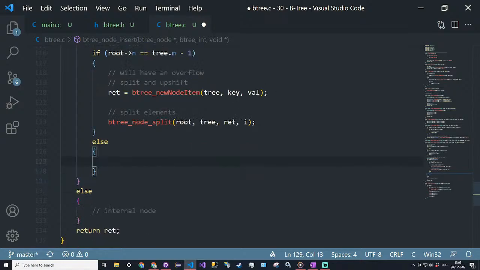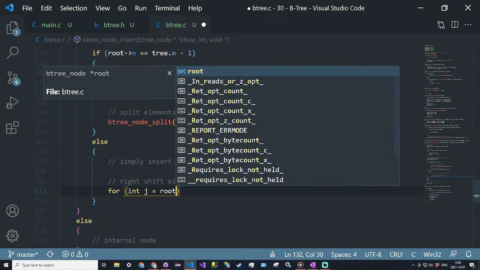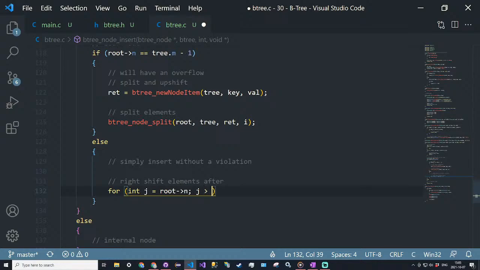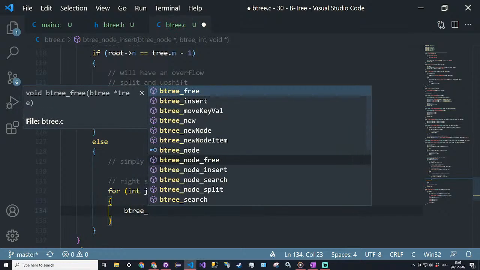And then otherwise, we can simply insert without a violation. And to do that, we're going to write shift elements after. So for integer j is equal to root dot n, j is greater than I, j plus plus. And in this case, for each iteration, we're going to say b tree